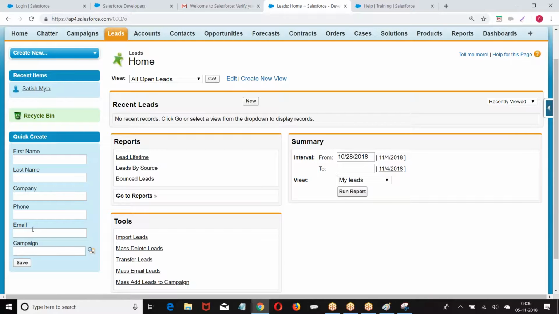What you are able to see here is called sidebar components. On the top view, you have the header part, you have the sidebar, and you have setup.